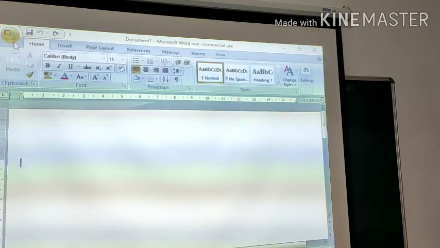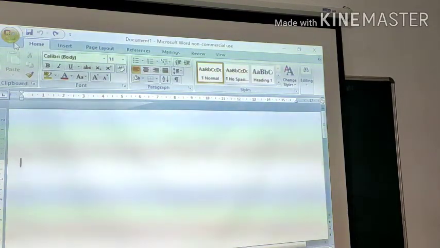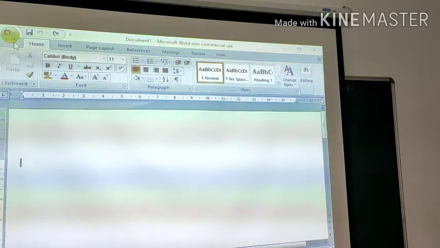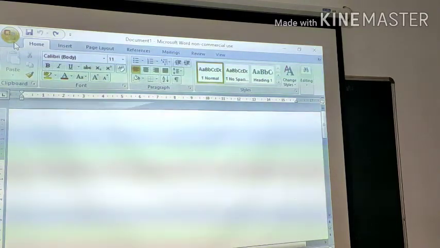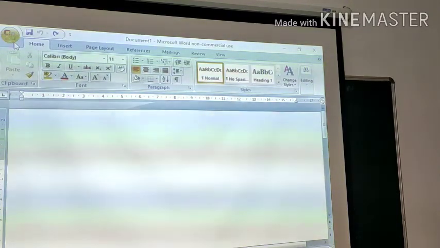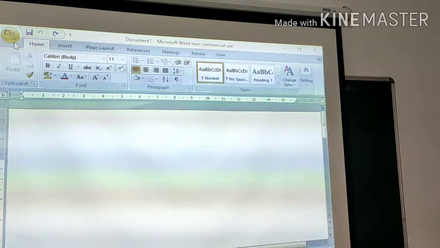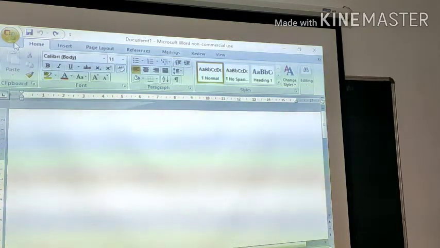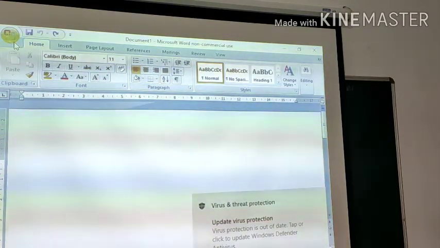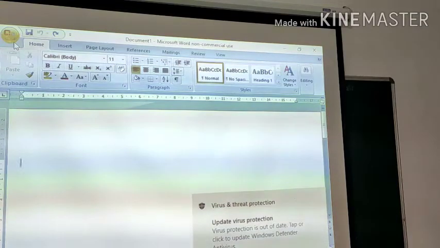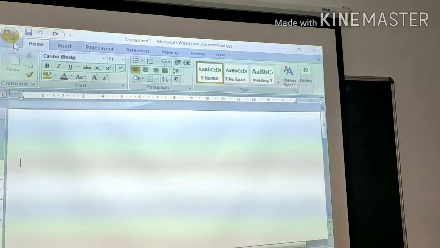Today I am going to explain the next topic, how to insert symbols and special characters. Symbols and special characters are punctuation, spacing, or typographical characters that are generally available on a standard keyboard. They can be inserted from the Symbol dialog box. So if you want to insert any character, any punctuation mark, any typographical character, you can do so with the help of the Symbol dialog box.